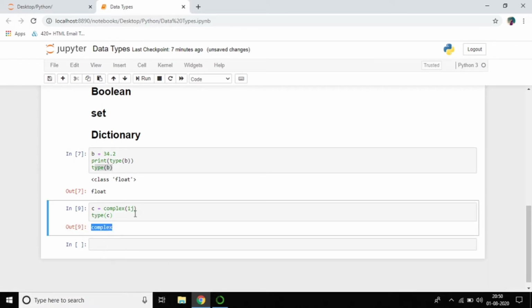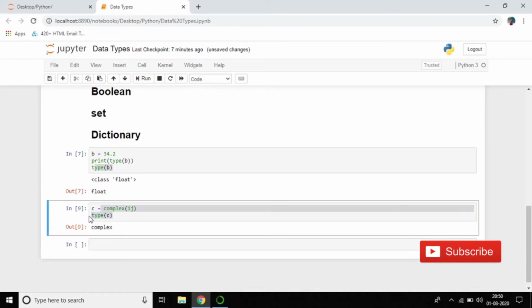The complex data type is generally used in mathematical operations, like complex expressions. Generally we will not use it, but if you want to work deeper in programming, then based on the situation we'll use this complex data type.